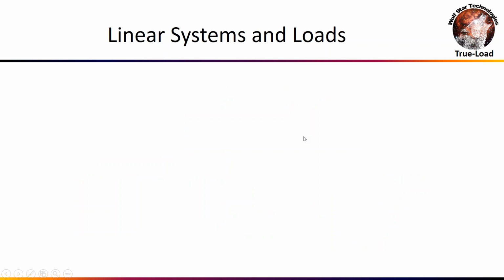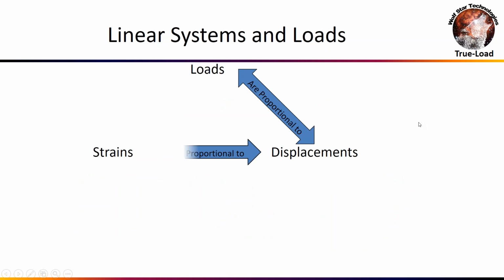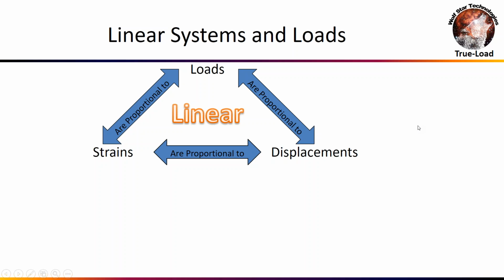Okay, so this is getting into understanding how this works with linear systems and loads. A linear system is frankly where loads are proportional to displacements, displacements are proportional to strains, and strains are proportional to loads. Now I understand everything in life is nonlinear. We've got nonlinearities due to welds, bolted joints, slop, and contact, and I understand that. But we're turning our part into a load transducer, so we're going to stay away from areas of high strain gradients and only target areas in the middle of the part. The nominal areas of the part are where we're going to choose to lay strain gauges.